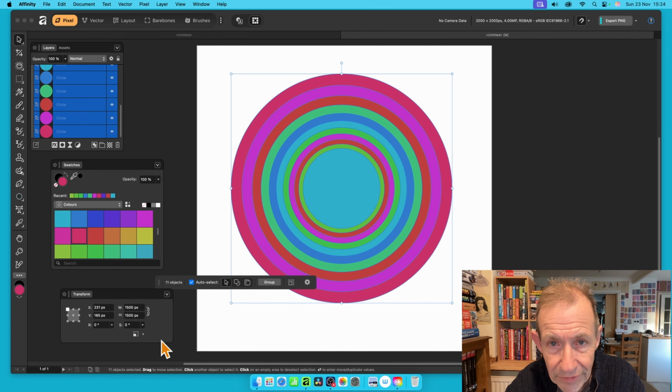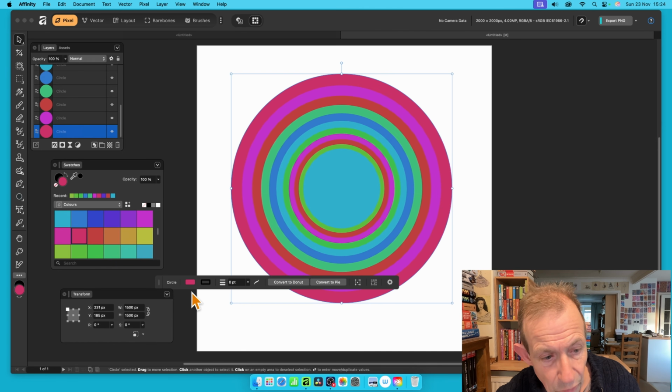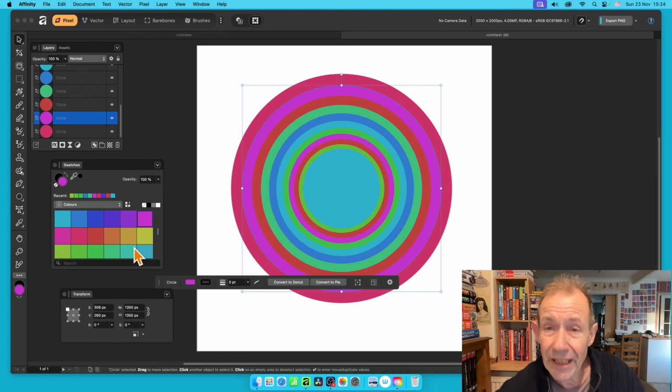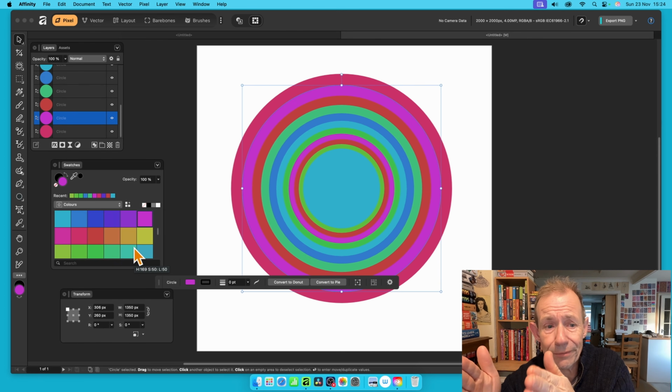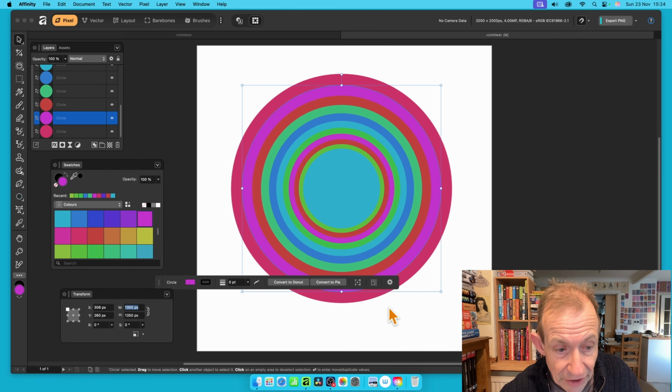Next thing to do, I'm now going to select them individually. So that one, 1500, that's the first one. Then select the next one, and I'm going to go for, let's say 100. I want a gap of 100 each time. Again, unfortunately, that move feature does not do that. It'd be really great if it had that option. I don't know why they haven't added it, but it's not available. So what you can do, you can go here and you can just simply go, let's say 100. I'm just going to go